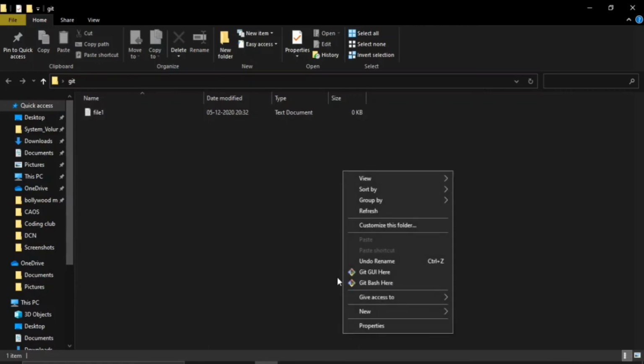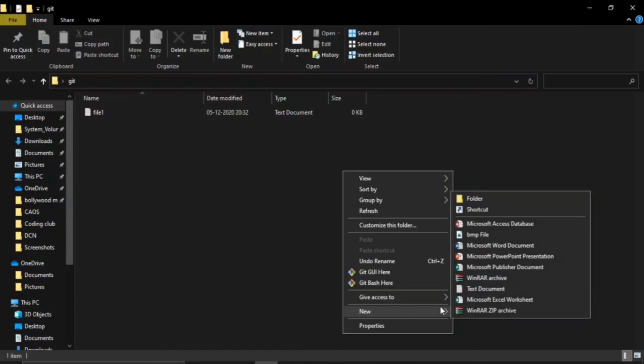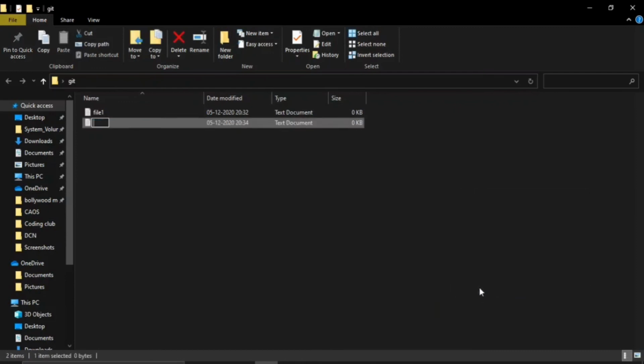Let's understand. I'm going to add another file here, another text file, and I'm going to name this file as file2. Okay, so basically in my BR branch I now have two files. First one is file1, second file is file2.